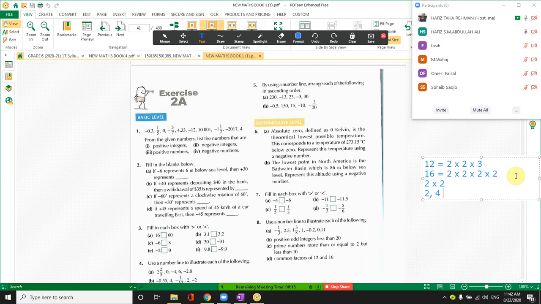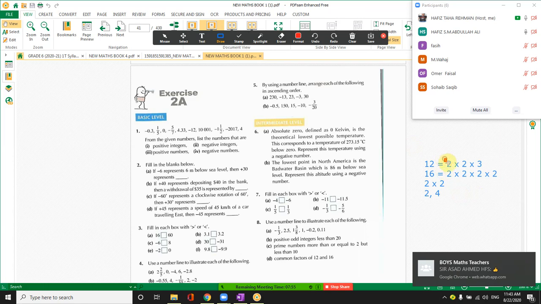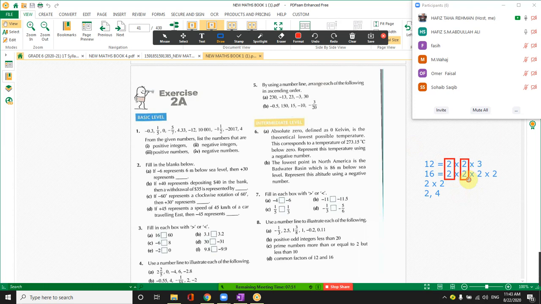Okay? Sir, you are finding the HCF. No, I'm just finding the common factors. I'm not talking about the HCF. If they restricted me to find the HCF, then 4 is the answer. But they are asking me to find the common factors. So which factors are common? These two values are common: 2 and 2 twos, so this can be written as 2 and 4. Got it? So all you need to do is draw these numbers, 2 and 4, on the number line. Got it?